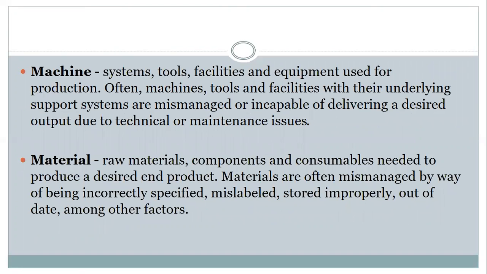Machine: systems, tools, facilities, and equipment used for production, often machine tools and facilities with their underlying support systems, are mismanaged or incapable of delivering a desired output due to technical or maintenance issues. The various materials like the raw material, components, and consumables needed to design a product come under the material category. They are often mismanaged by way of being incorrectly specified, mislabeled, stored improperly, out of date, among various other